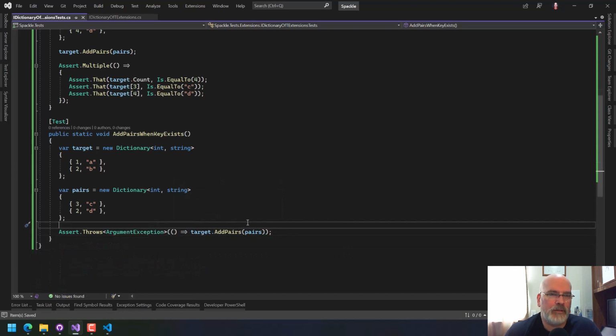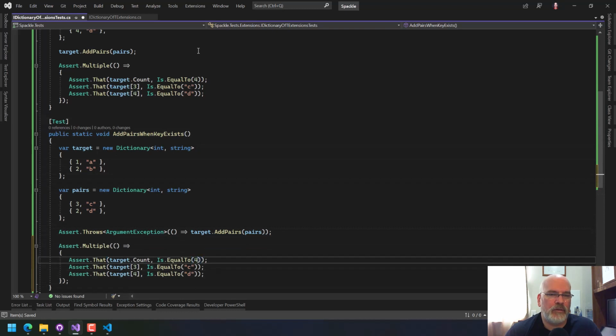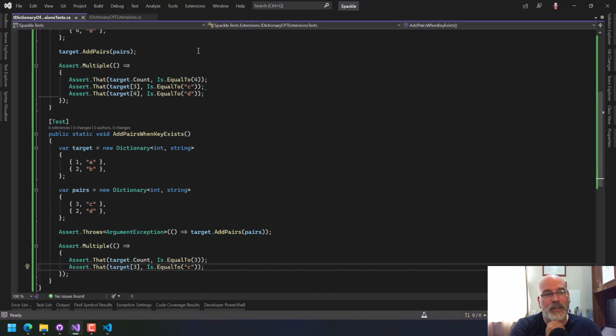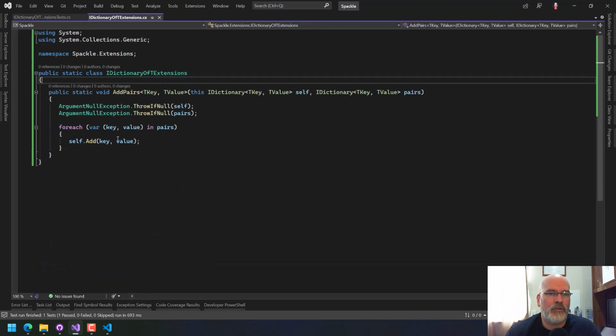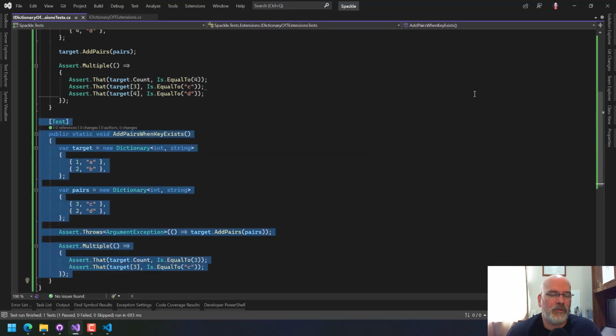But does it roll it back? In other words, we would probably have 3 here. There. So this asserts that, yeah, it's going to throw an exception, but you also are adding those in there when you're using a dictionary. Now, again, that's just the way this works. You know, if you wrote this code manually, that's exactly the behavior you would see. So, what are you going to do? Okay, so